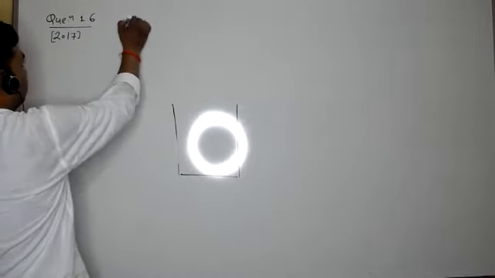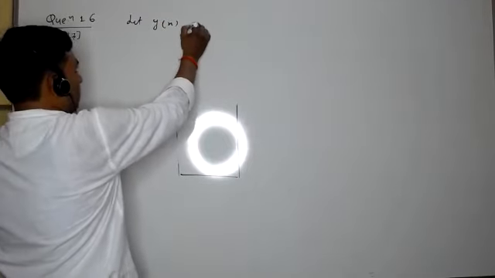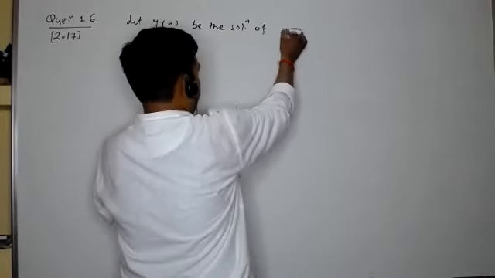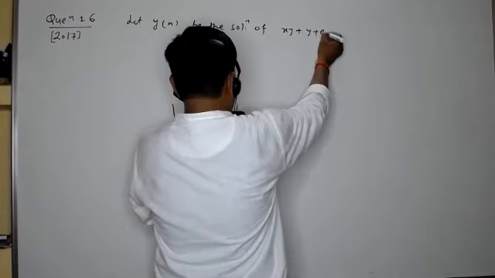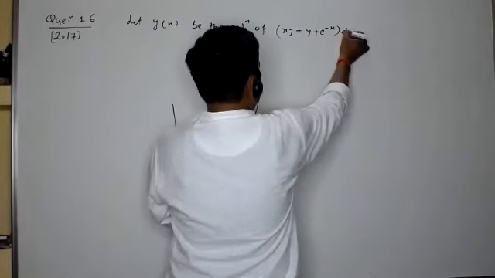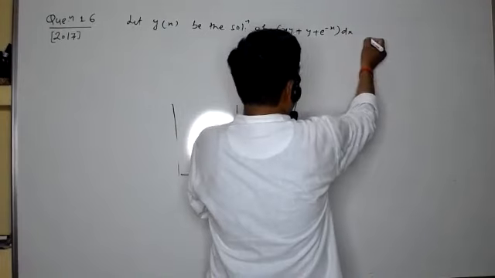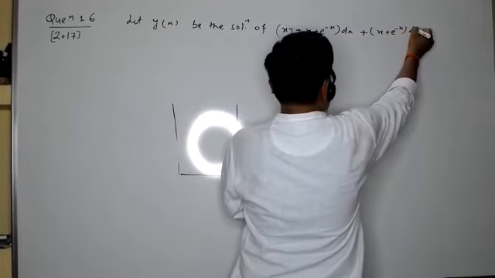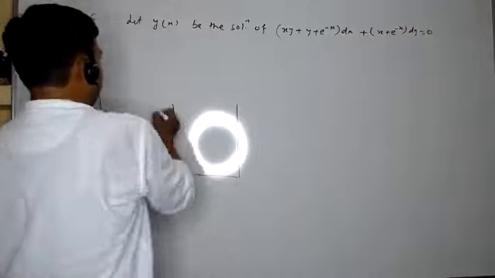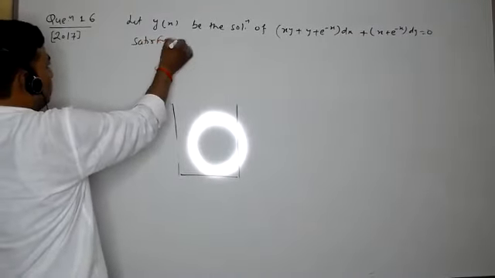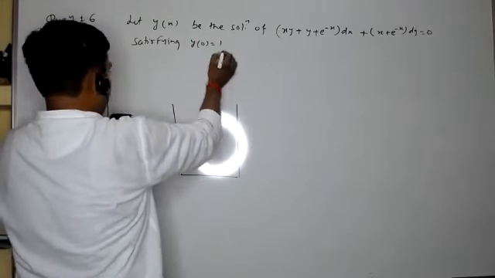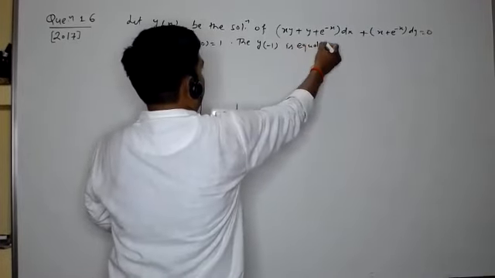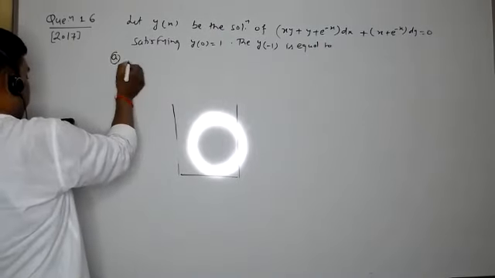The question is: let y of x be the solution of the differential equation (x + y + e^(-x)) dx + (x + e^(-x)) dy = 0, satisfying y(0) = 1. Then they wish to have y(-1) equal to,